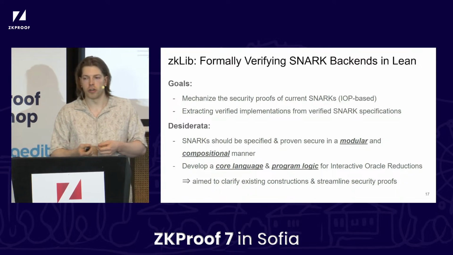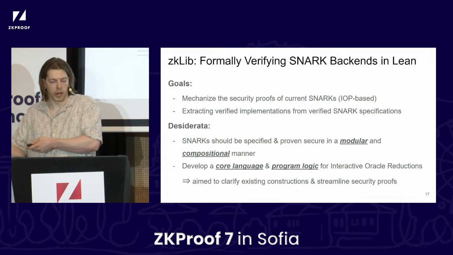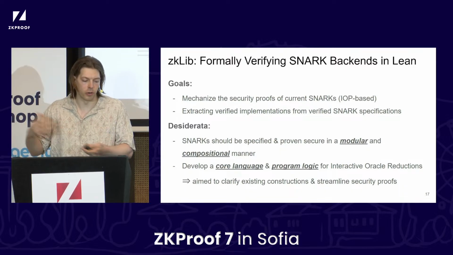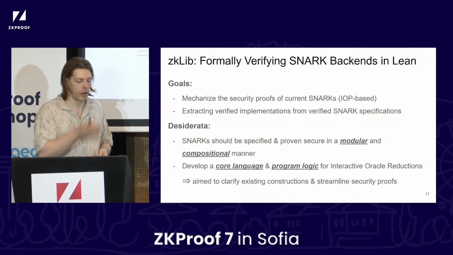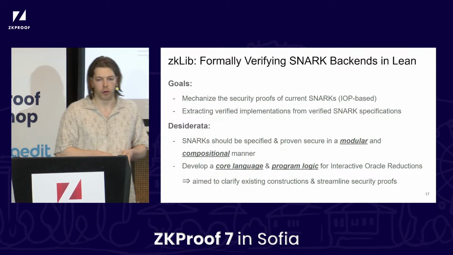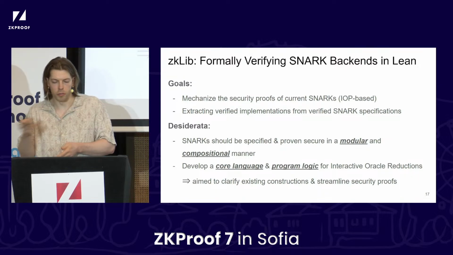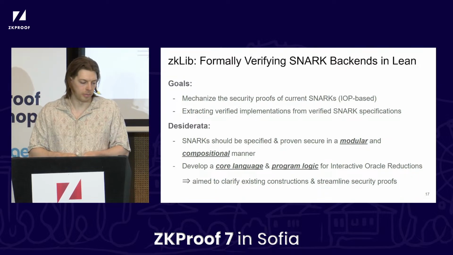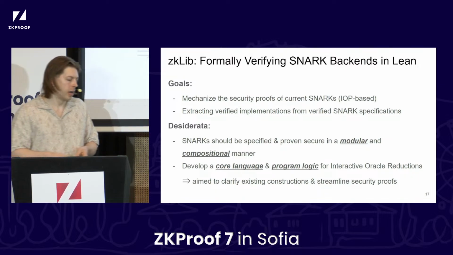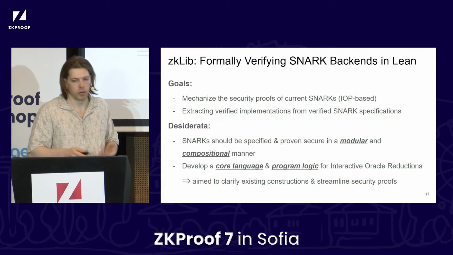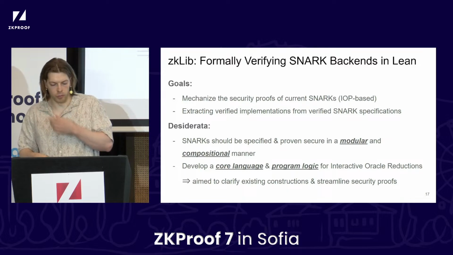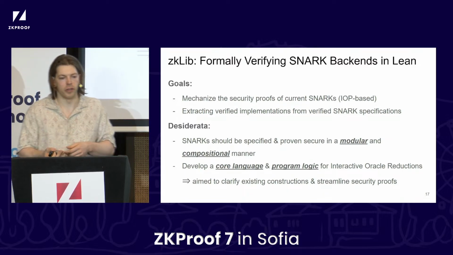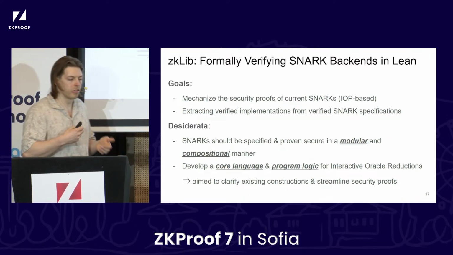If you look at the literature, it's fairly clear that the pen-and-paper literature has been going towards more modular proofs anyway. In the past few years, the split between the polynomial commitment scheme and the IOP has become much clearer than it was a few years ago. People are just getting more modular in practice, so we're not doing anything too radical. We're just trying to push this further, and we think that formalizing things is a good way to tidy things up where we can.